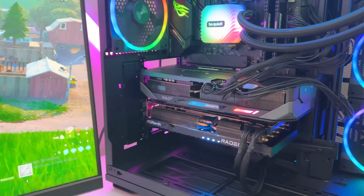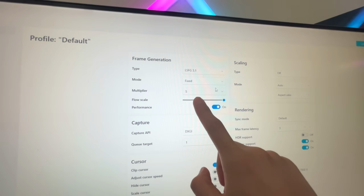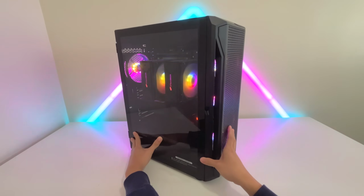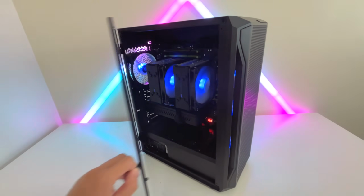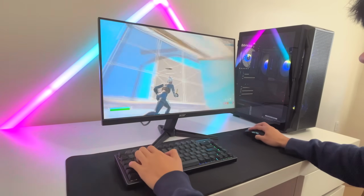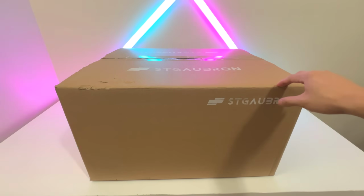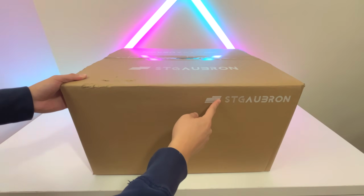I tried a dual GPU gaming PC before, which helped triple my FPS. So I bought a dual CPU gaming PC with 2 CPUs inside to see if it could help get more FPS. Okay, so this right here is the dual CPU gaming PC, and it's actually coming from the company